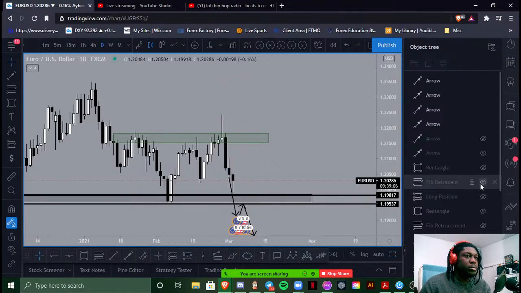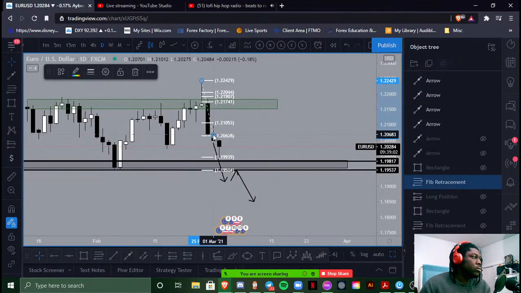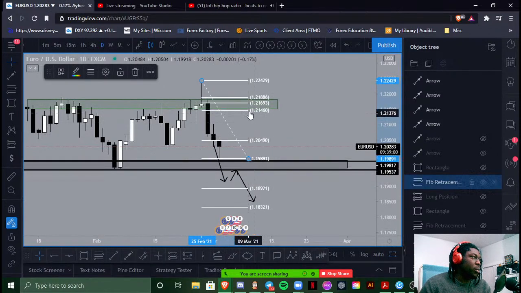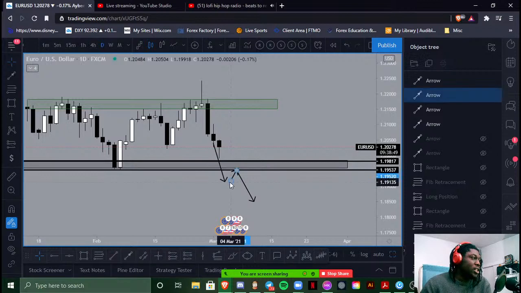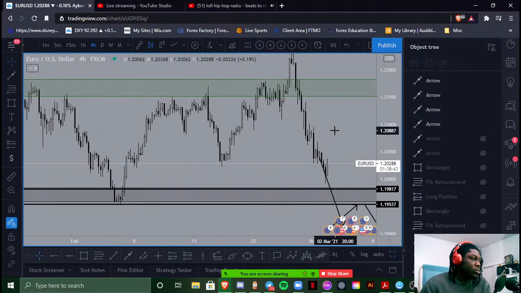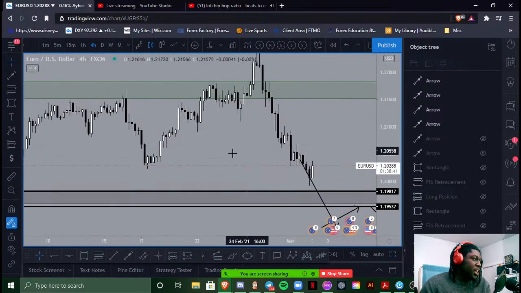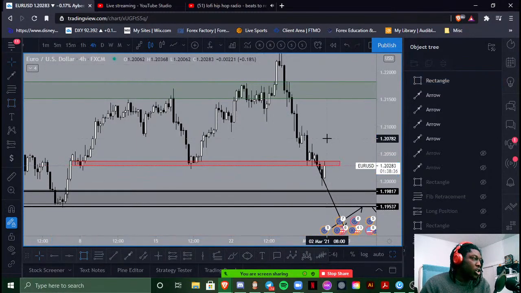Let me see. Oh yeah, so still want to see, like I said, a retracement up to here and then a drop realistically, but then that would give me doubts. So I'm really just looking for the breakout to the downside on EURUSD, realistically speaking. I'm waiting to see what this does, or to see if price is really going to hold at this area. Because again, this just looks like a break and retest on this 4 hour bear structure right here,